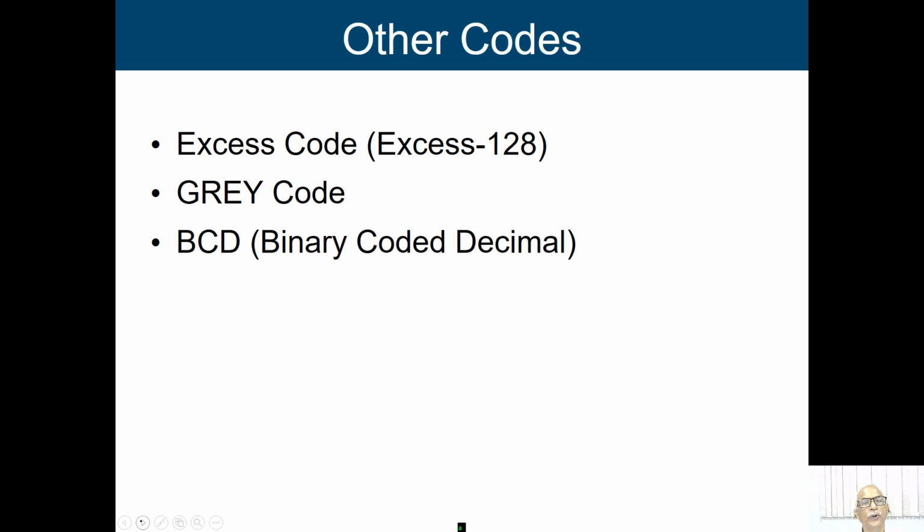So, we are having some other codes also. We can say this is the excess code. We are having gray code. I think while we discussed the Karnaugh map, I talked slightly about the gray code. We are having another one called BCD, binary coded decimal. I think most of you know it. It is basically a digit-wise binary conversion of a decimal number. So, this is binary coded decimal.